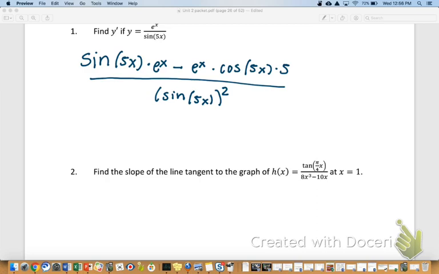What else? Caleb? Would you want us to simplify it anymore? So what could you do? You could factor out an e to the x. What else are you thinking? Just the denominator. What would I actually do to that denominator, though? What are you thinking? I see, okay, so you're being